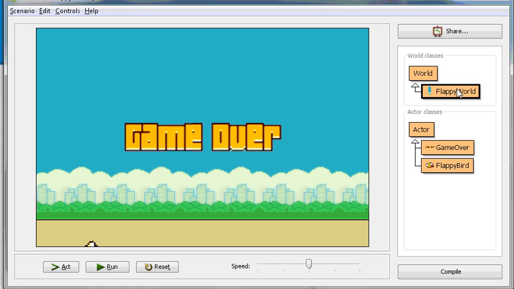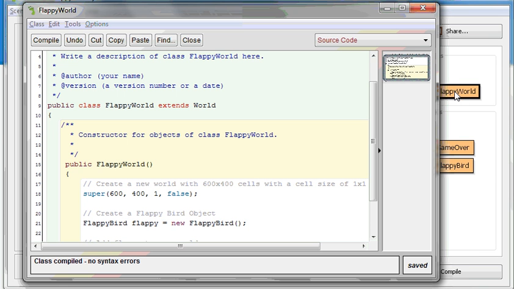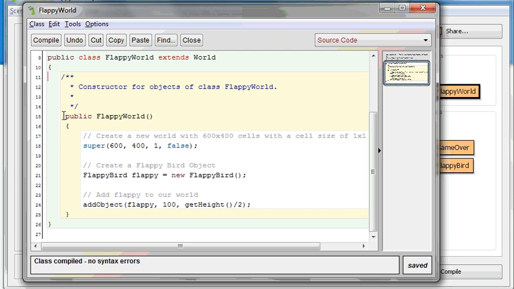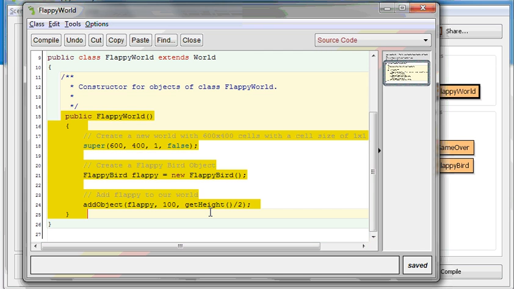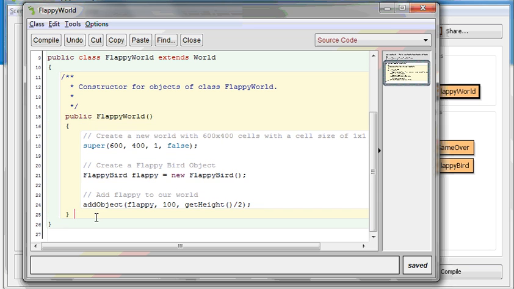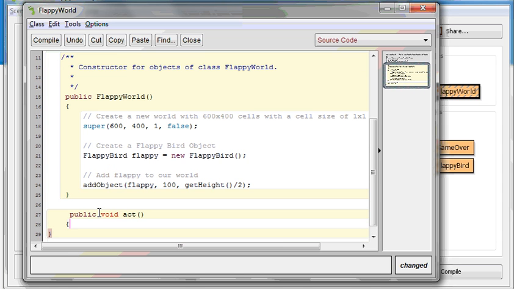So back here, open up your Flappy world, and so far we have one method. This is the Flappy world constructor. This is the function that builds the world. Well, below this, we're going to add an act method. So paste this in,